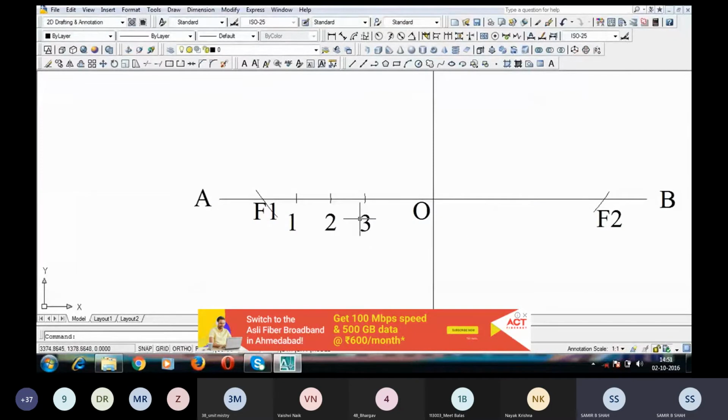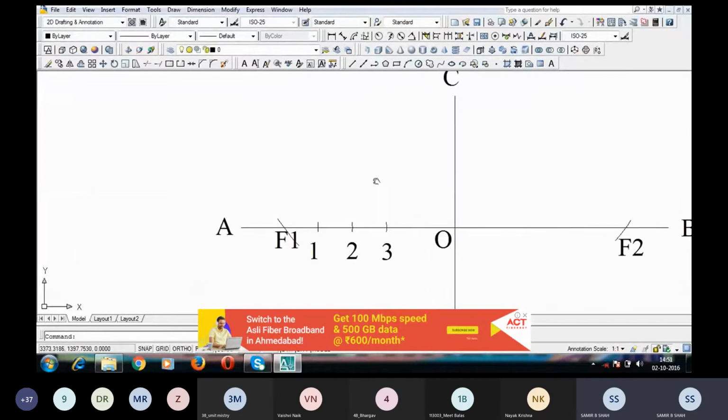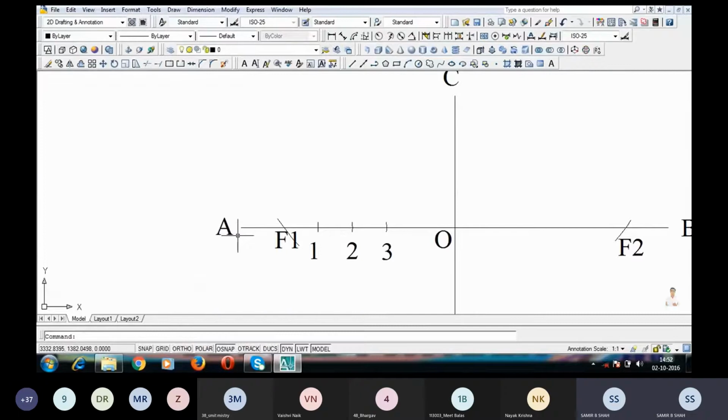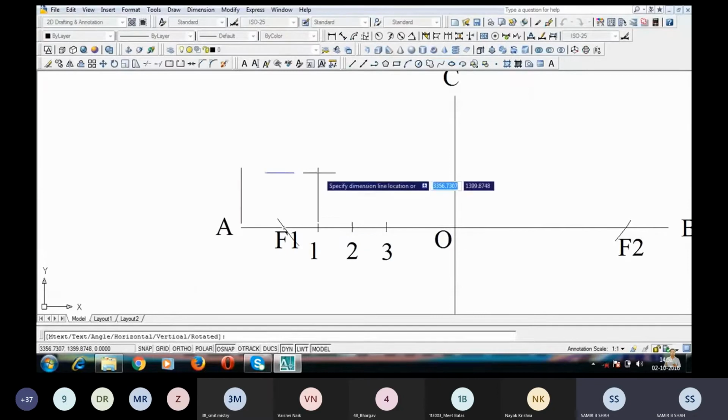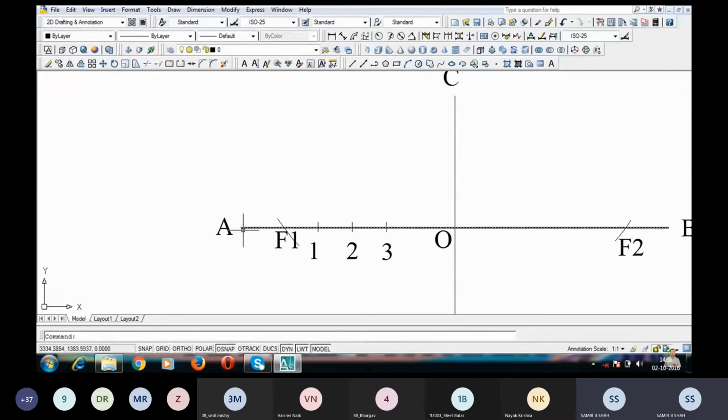Now, the next thing to do is to find those points which are going to lie on the ellipse. And for doing so, there is a very simple method. You need to take an arc starting from A till 1. So let us see how much this arc length is. Then I'll do it accordingly. This is somewhere around 22.5. So you guys just need to keep one leg of your compass over here, whereas the other leg will be over here.